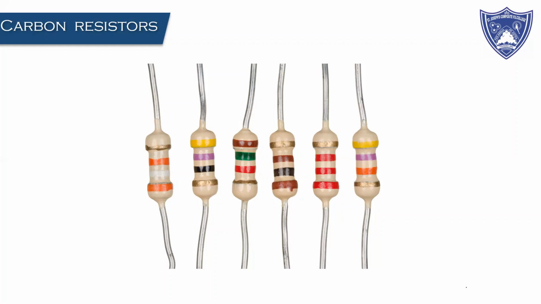As you can see, the resistors have wires at both the ends. They are very thin wires. Here they look thick, but they are not thick. They are like a small, very thin string, and this is made up of carbon, and on that there is a coating, and then they paint the color bands. They are different colors. So what are the different colors? We will see the procedure.